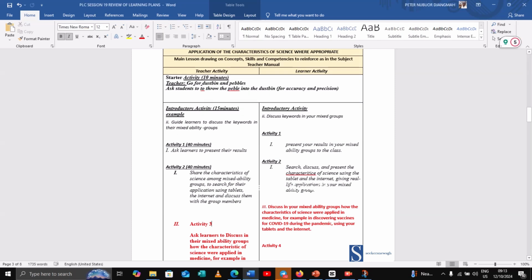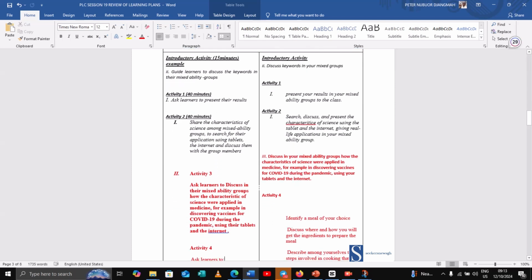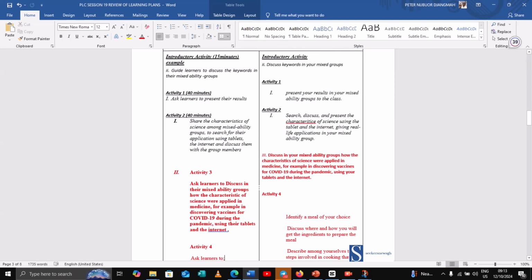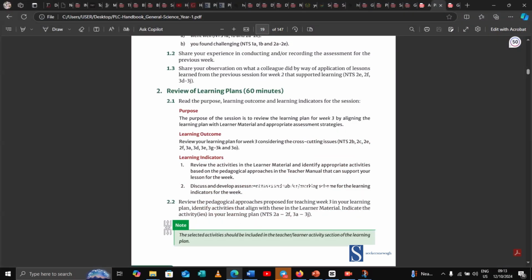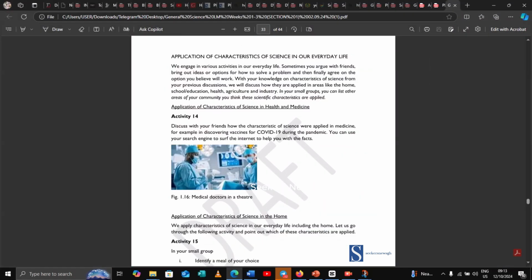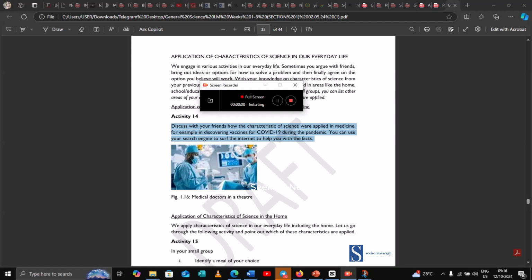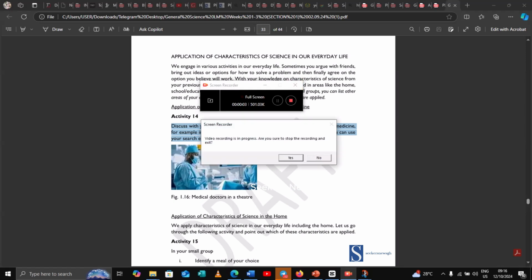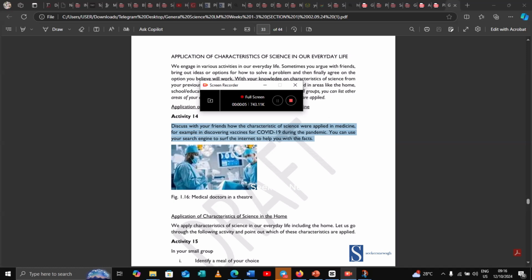The second aspect is that I have to compare if the activities I have here align with those in the learner material as well. So I'll go to the learner material and see here. They said discuss with your friends how the characteristics of science were applied, so there's a discussion on discovering the vaccine for COVID-19 during the pandemic. If this activity is not really in my plan, I can just take it from here and go to the learner material